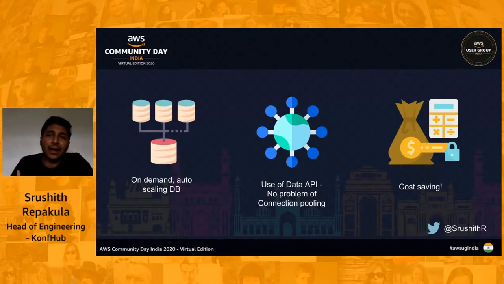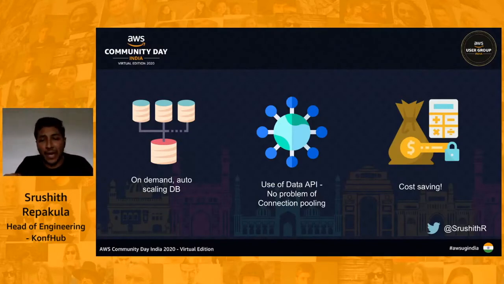A couple of years back, most of the people were really worried, saying, I really love Lambdas, but the problem is my database cannot scale. And the scalable database that I know of is DynamoDB. But that's a NoSQL database. I cannot convert my relational data to NoSQL just because I want to leverage AWS Lambda, right? Now, that is when we have Aurora Serverless coming into the picture, and it automatically scales and we don't really have to worry about it.